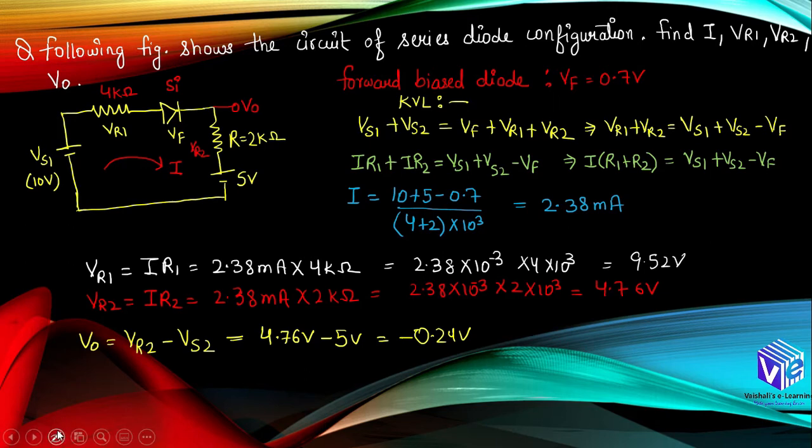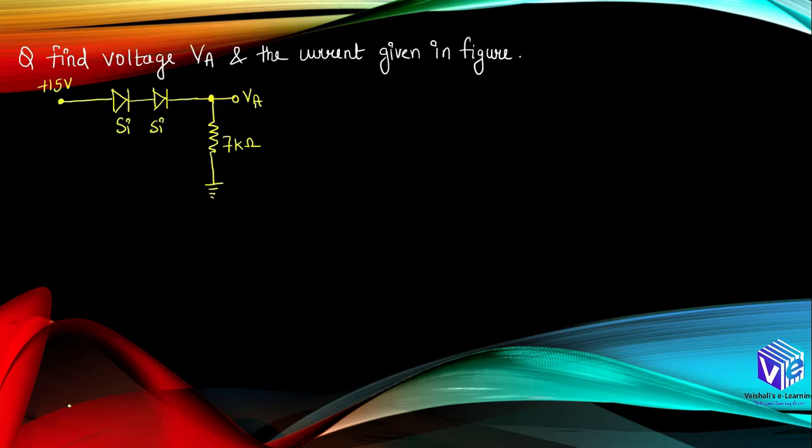Now let us move to question number 2. In question number 2 we have to find out the voltage VA and the current also in the figure. You can see here we have connected the 15 volt. So I can again redraw the circuit. Here we have the voltage 15 volt plus 15 volt. So now I can connect a battery over here, right? The battery will be connected, which is having the voltage 15 volt. Now if I connect this battery like this, this is the circuit that I have.